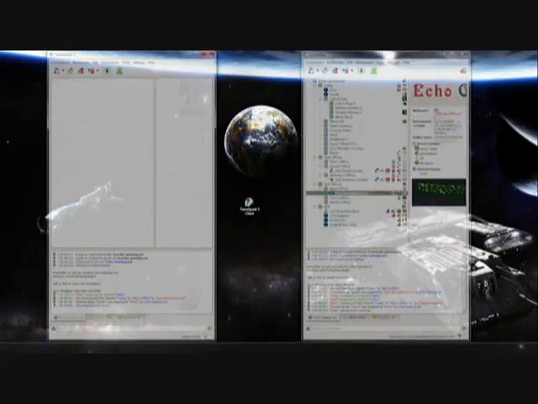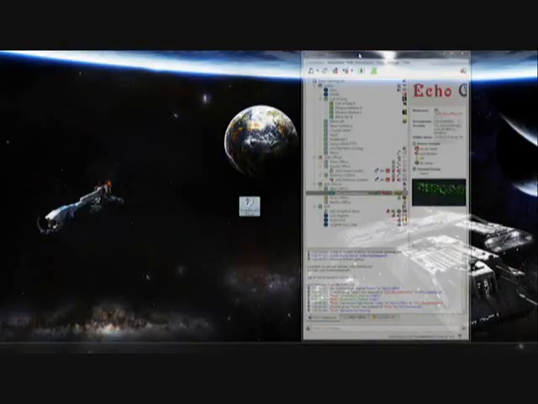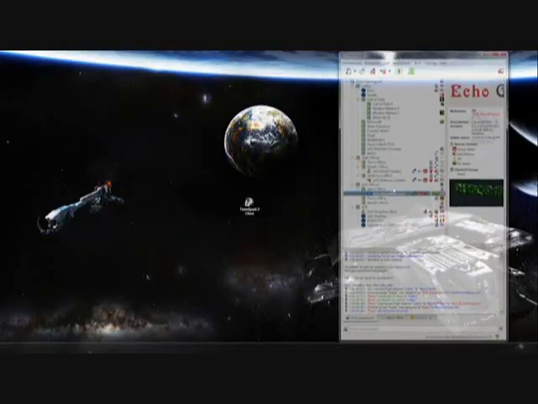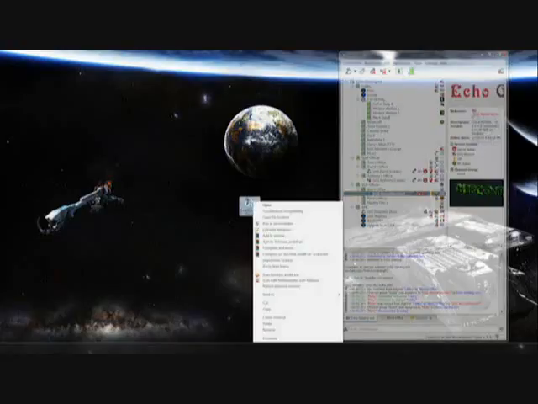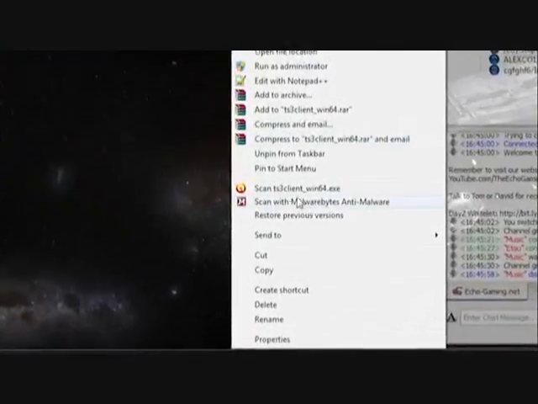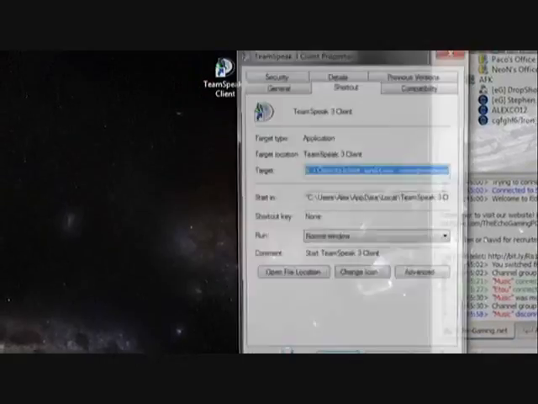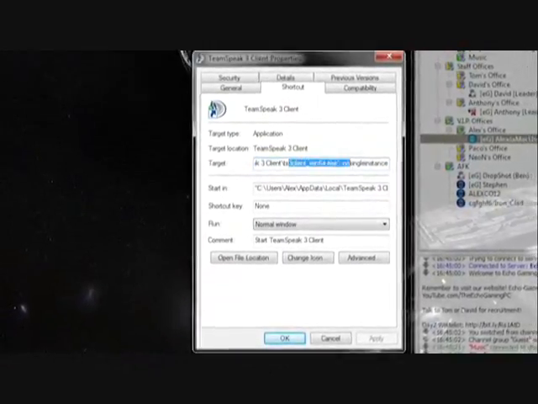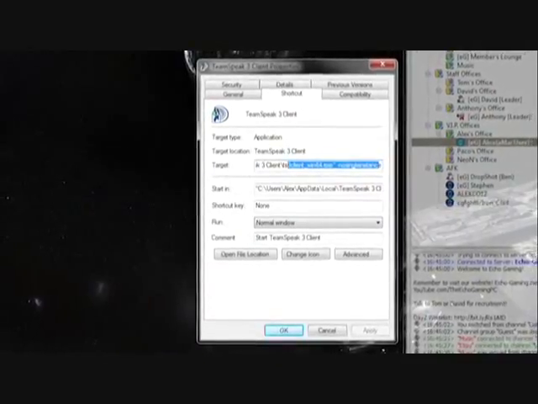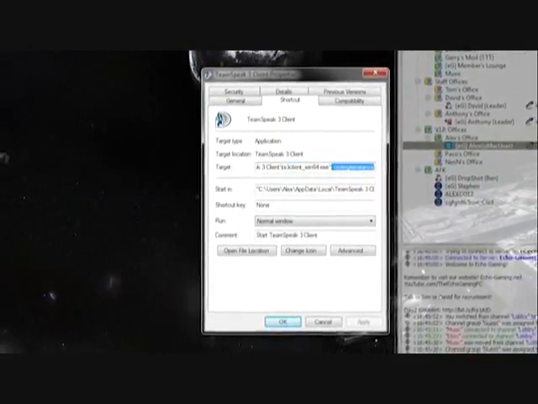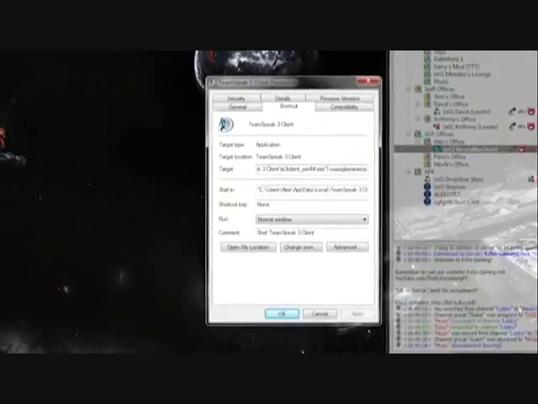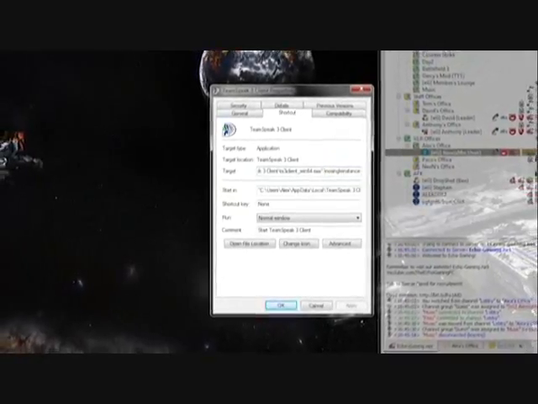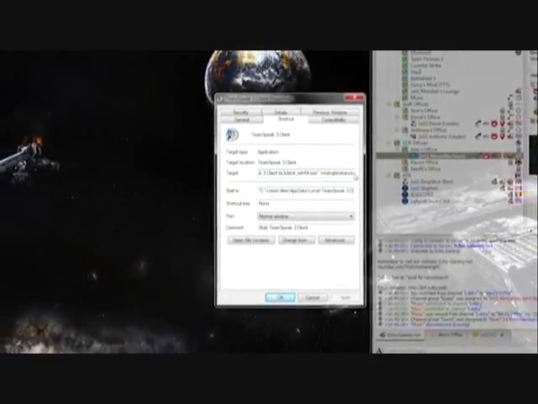Okay, so I'm going to go back to zero, and I'm going to show you how to do this. I'm going to leave this TeamSpeak open for now because I'm going to need that really shortly. First thing I'm going to do is right click on your TeamSpeak icon here and go to Properties, go to Shortcut, and then scroll all the way over to the right in the Target tab right here. Normally it should stop right after the quotation marks, but you want to put a space and type no single instance, all one word.